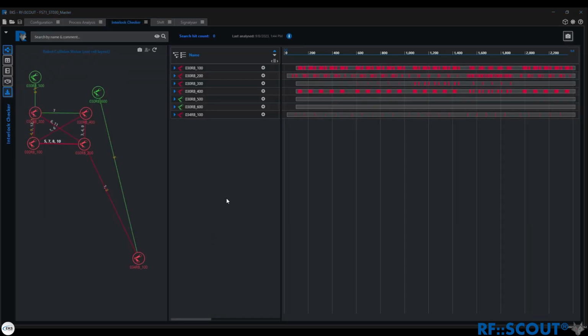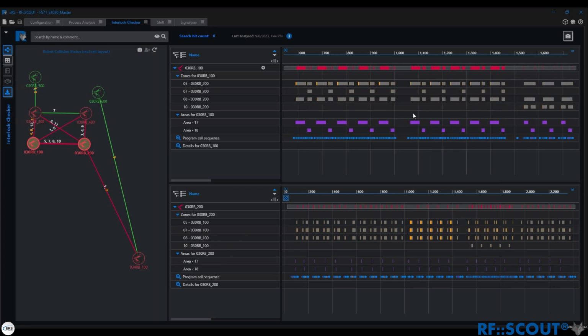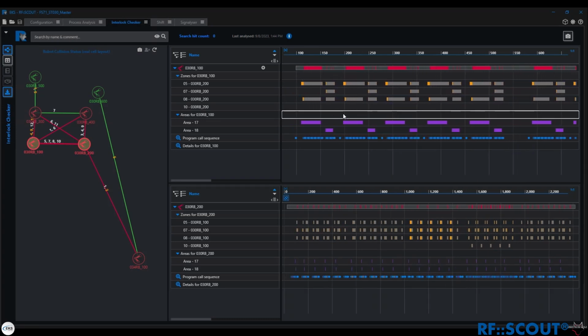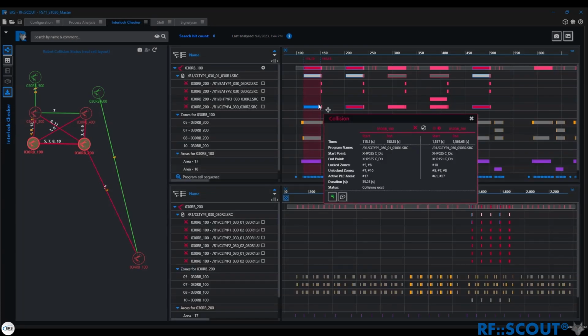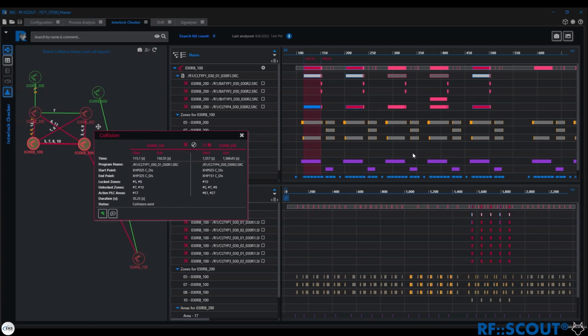Another new feature is the split screen with the new pop-up menu in Robot versus mode. As soon as this is activated by clicking on a robot-robot connection, we now get two robot table diagrams that can be operated individually. This gives us a better overview of collisions that are at different points in the recording for each robot. In addition, we have converted the collision tooltip into a pop-up menu. This has the advantage that it remains constantly open, even if you want to view other parts of the robot table diagram, and it can also be moved around as desired.